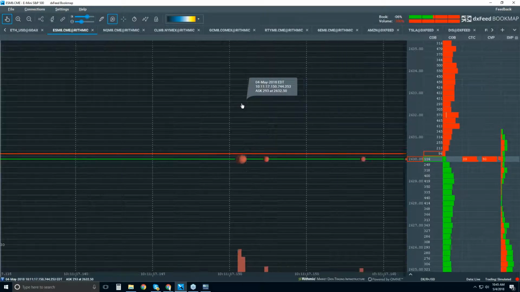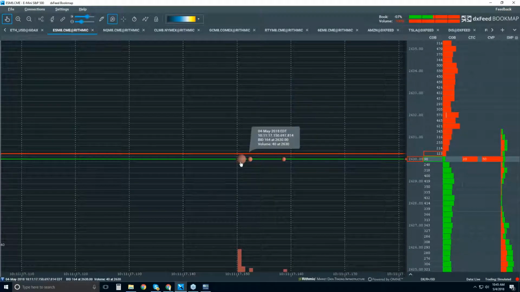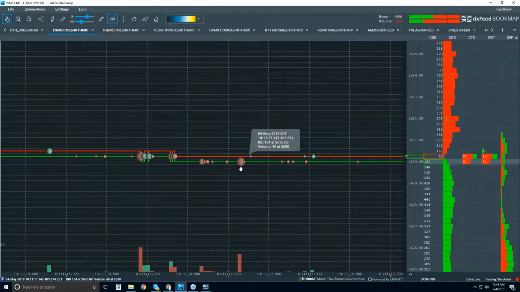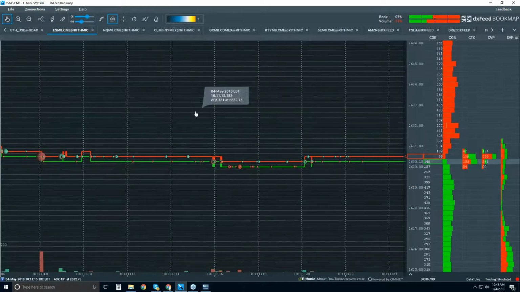Now, as I zoom back out, we turn that into a bigger dot. That big flurry of activity and trading actually constitutes a volume of 40. So you can see visually that we've aggregated it into a bigger dot, and that's it. And it's the same thing